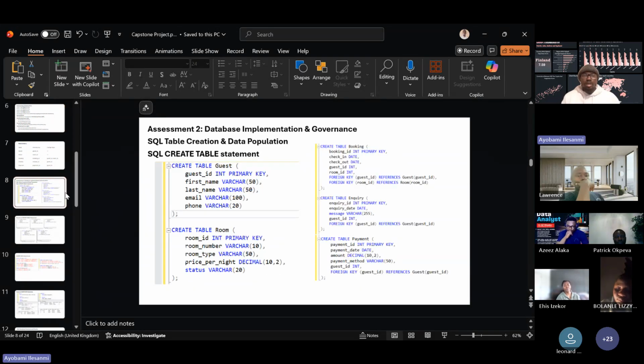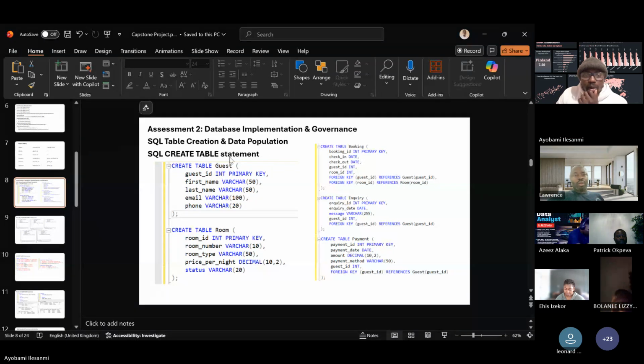And I go directly to the database creation. So I made use of the create table statement to be able to create the entities, create the tables. And as you can see above,